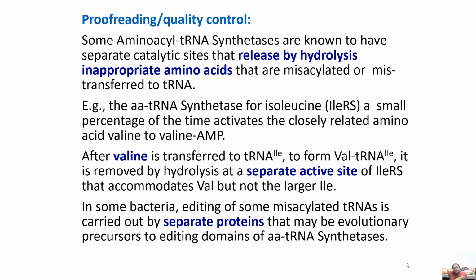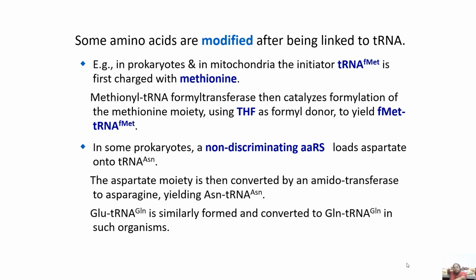In some bacteria, editing of some misacylated tRNAs is carried out with separate proteins that may be evolutionary precursors to editing domains of amino acid tRNA synthetases. Some amino acids are modified after being linked to tRNA. For example, in prokaryotes and in mitochondria, initiator tRNA fMet is first charged with methionine. Methionyl-tRNA formyltransferase then catalyzes formylation of the methionine moiety, usually with THF, tetrahydrofolate, as the formyl donor,